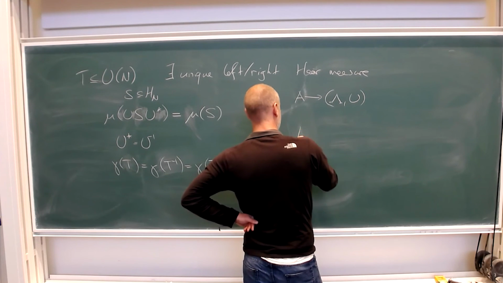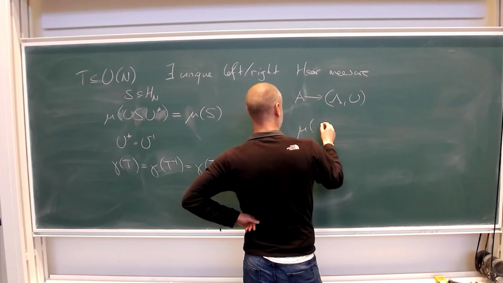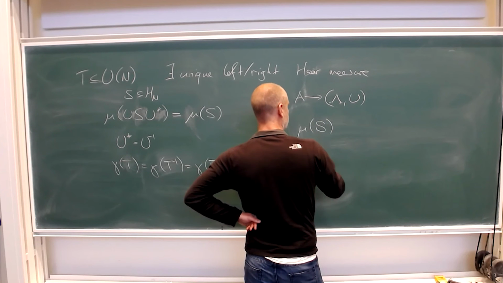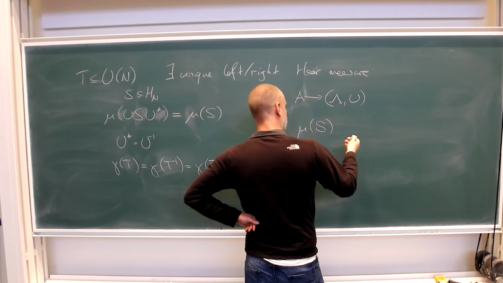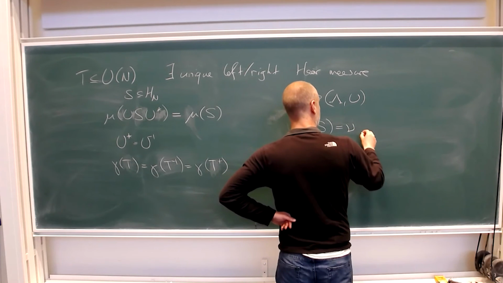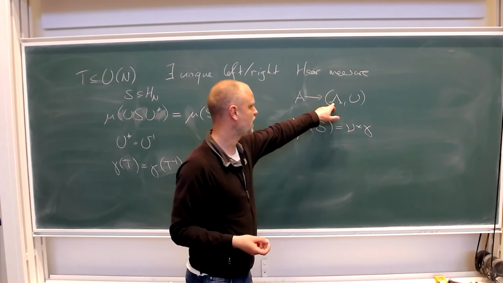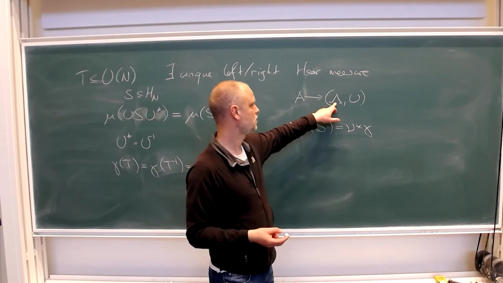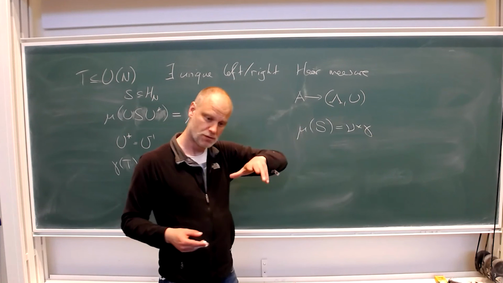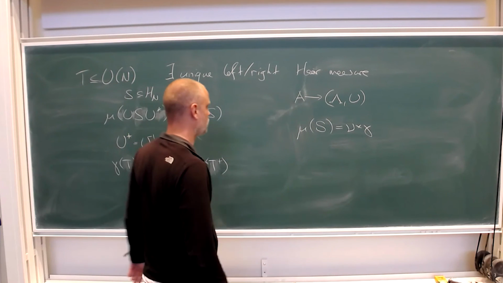we have that mu of some set S is equal to the outer product of mu and gamma, where mu acts on the pre-image of diagonal matrices and gamma acts on the image of those guys. So I don't know how I should